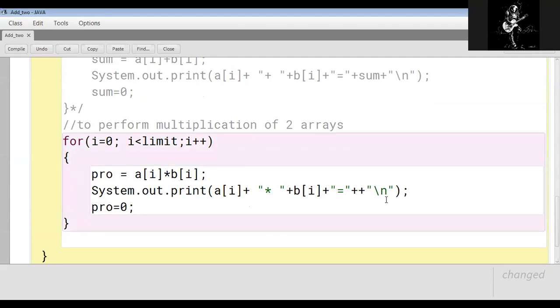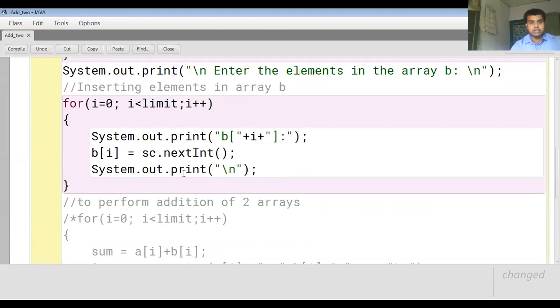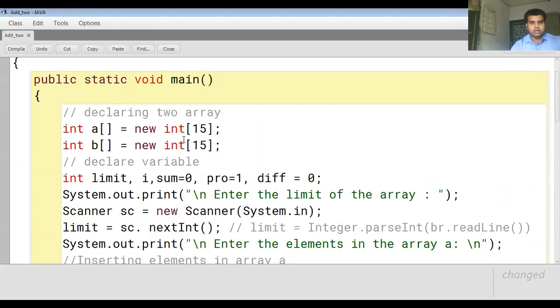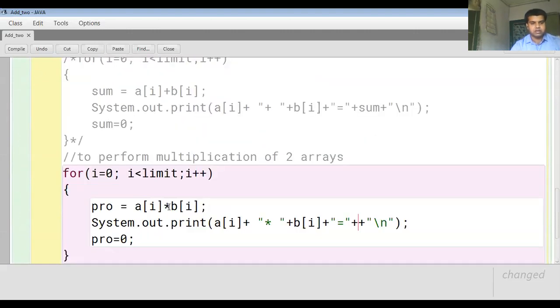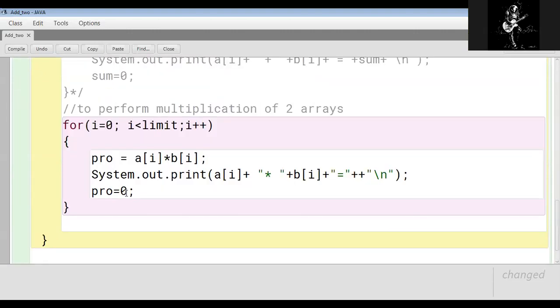It should be 1, right? No, product is 0 outside. Okay, product should be 1, right? Otherwise no, here why I'm making 0, so that the previous value of the product gets diminished, it becomes blank, because the multiplication which is performing is not with the product variable, it is performing between 2 elements of the 2 arrays. So that is why I'm making the 0 here, only because when the loop finishes, the compiler